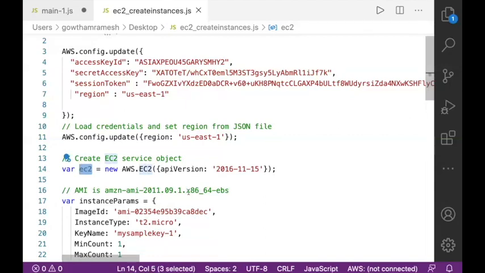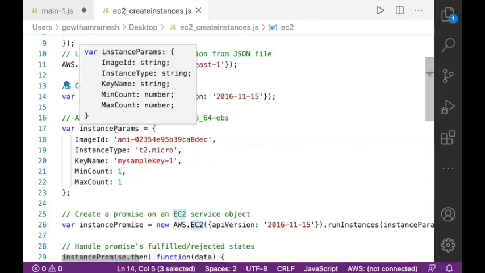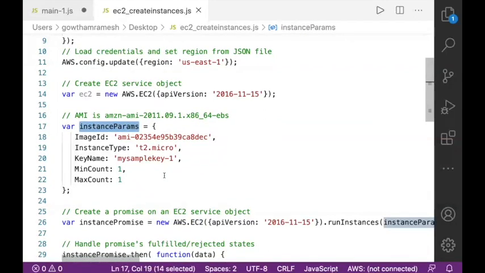But the thing is, whenever you want to create an EC2 instance, you need to provide a set of instance parameters. As I already told you, AWS provides you 300 different configurations of the operating systems. So among 300 different versions or types, which type do you want to create? The first and foremost thing you're supposed to do is decide what image ID you want to create.